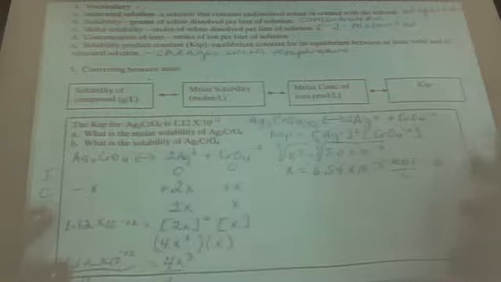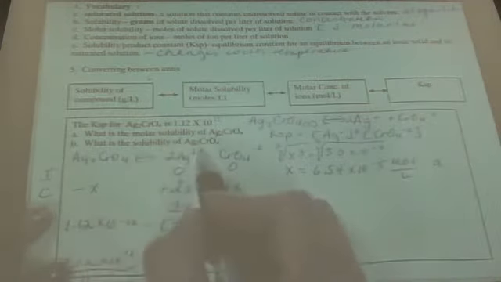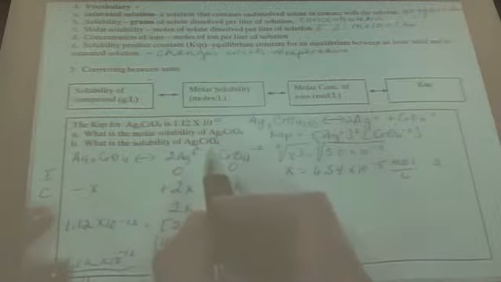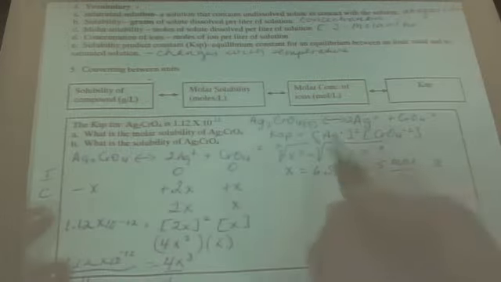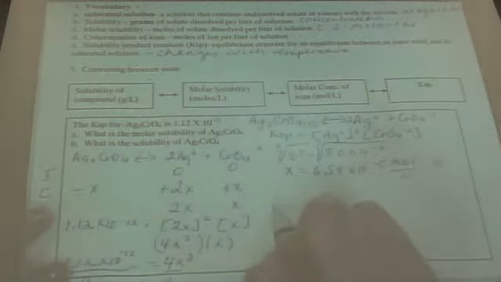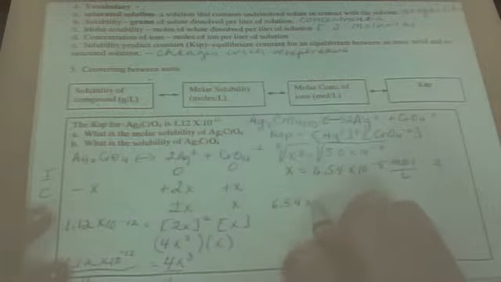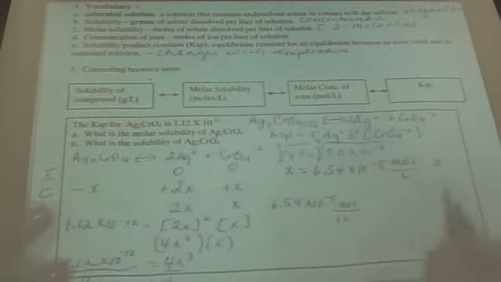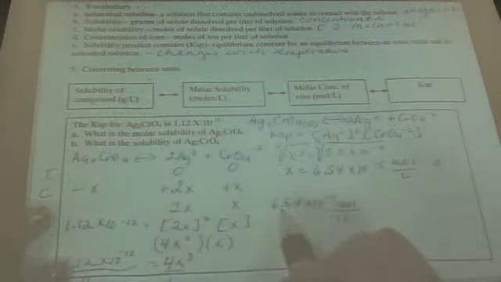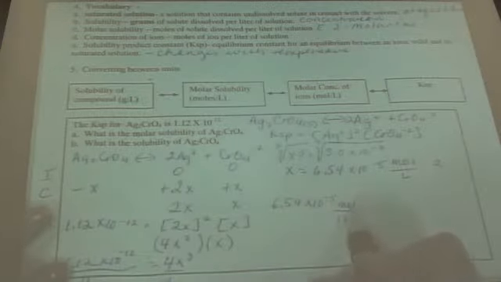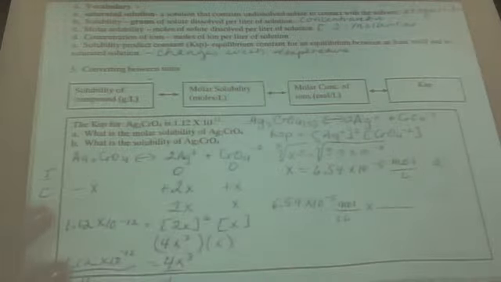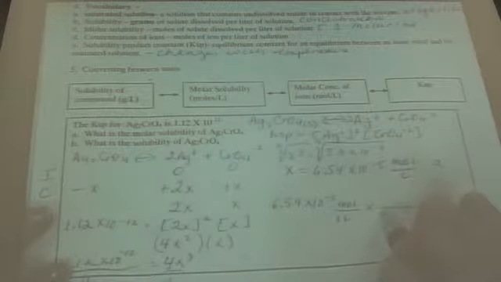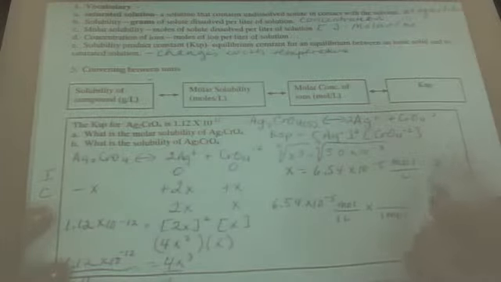Got it. Now, B is what's the solubility in grams per liter of silver chromate. Well, I do recall that molarity is the same thing as moles per liter, so I can do just a little stoichiometry problem right now while I'm waiting. Okay, so if I have 6.5 times 10 to the negative 5th moles per 1 liter, how many grams is that? Well, I'm going to use the molar mass of silver chromate, which tells me that 1 mole of silver chromate is equal to